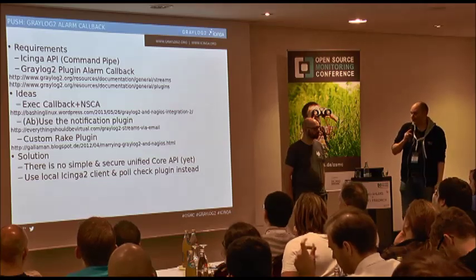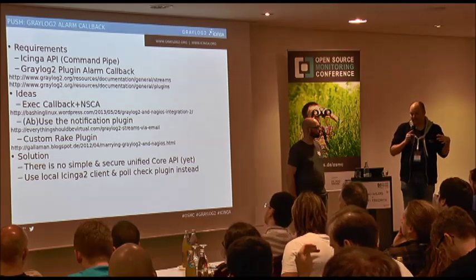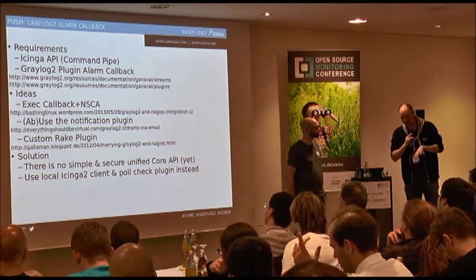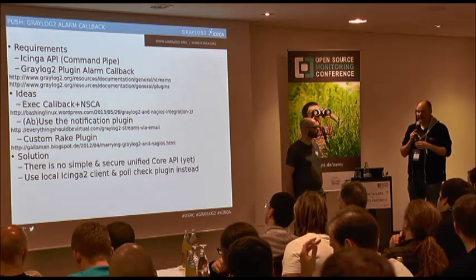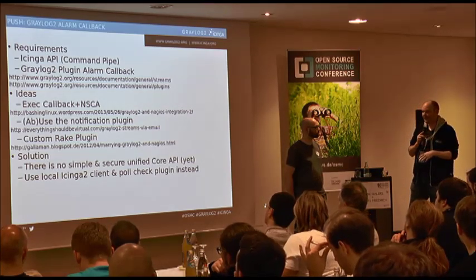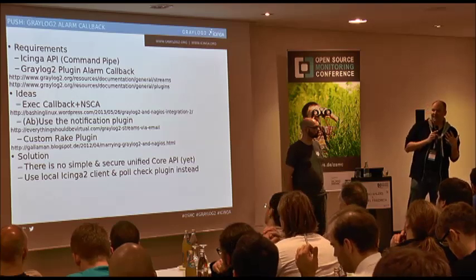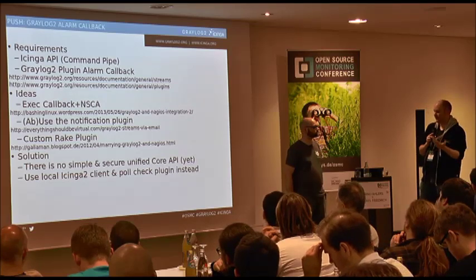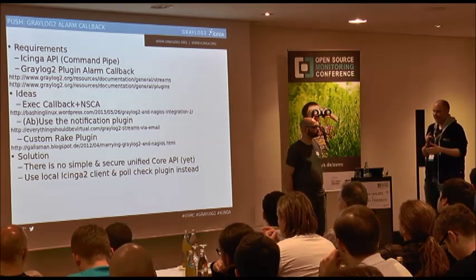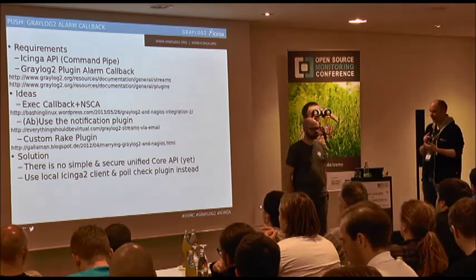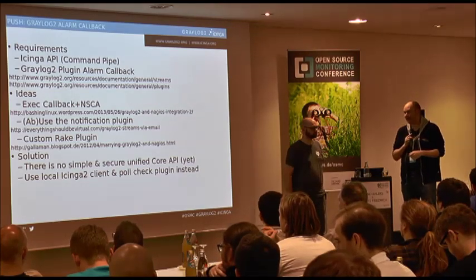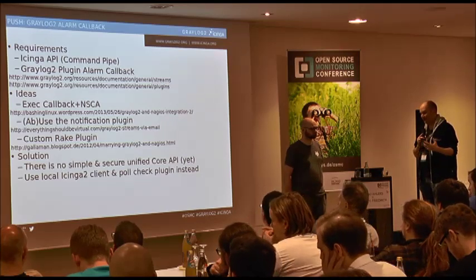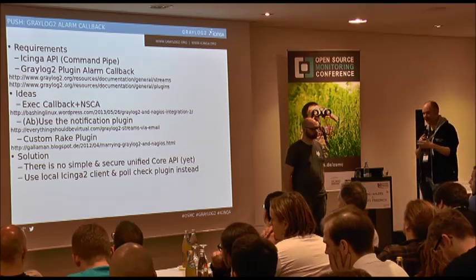The thing is, when looking at event streams or alert streams and pushing something into your monitoring core, triggering some sort of passively received event, we asked ourselves, what do we need? Well, we need some sort of API, which is right now the command pipe for feeding stuff, or the Livestatus socket for feeding the same stuff like external commands. We need a Graylog2 plugin which triggers an alert via callback.